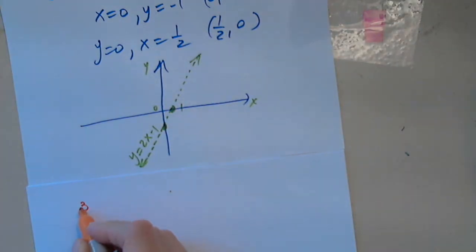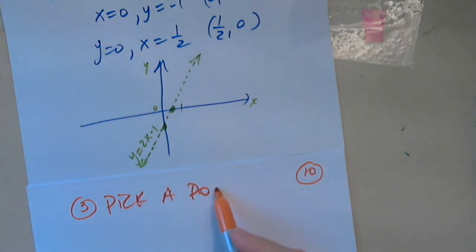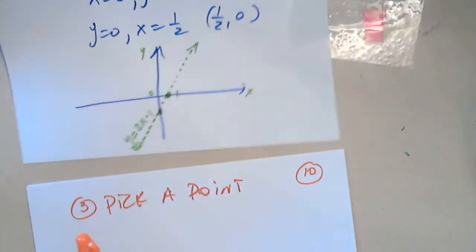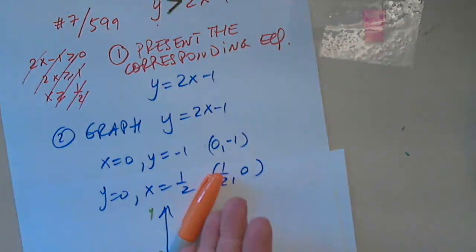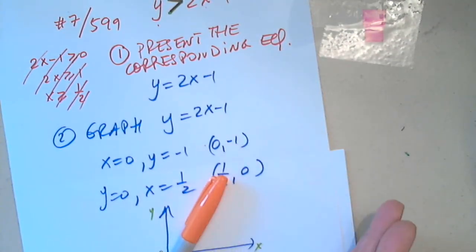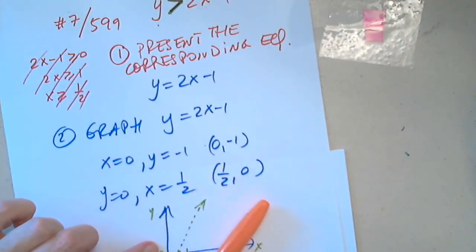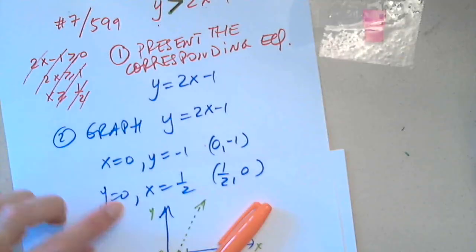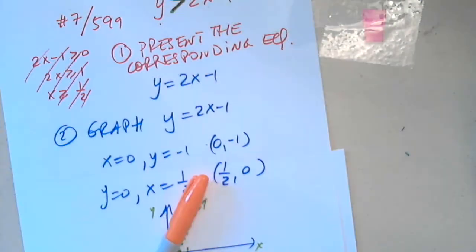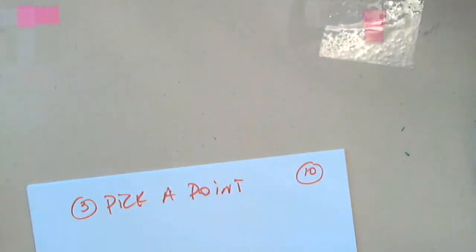And in step number 3, I pick a point. And you can say, pick a point where? Well, you see that this line divides the entire coordinate system in 2 pieces: the piece below it and the piece above it. And in the piece above it, I have this point that I like the most, which is the origin. If the line passed through the origin, I would have to determine another point. But the line doesn't pass through the origin. So I pick the point 0, 0,